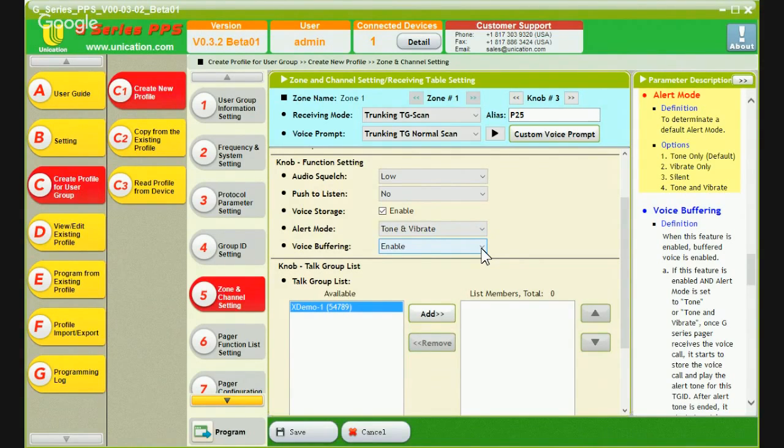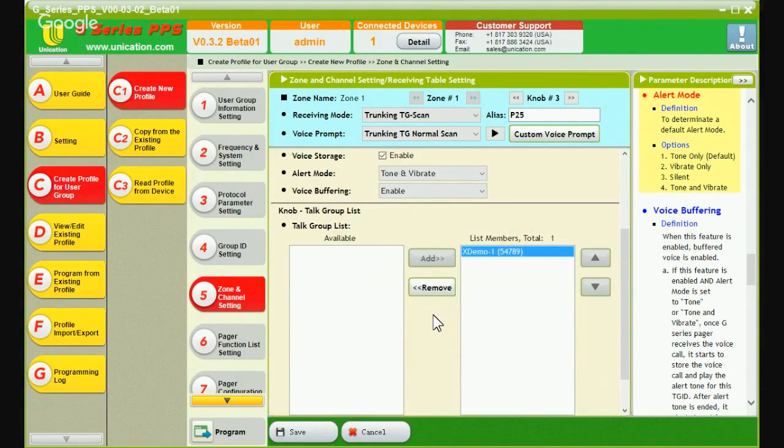This allows the dispatcher to pick up the PTT or use their headset, key up on that channel, on that talk group, and immediately begin speaking. And then the unit will play its alert tone. It will do everything else. Okay, so we're going to enable voice storage on this,